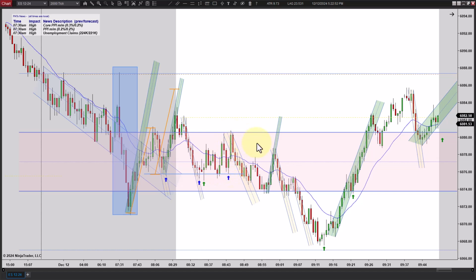Just go long there. We did turn down here on a lower high, but I think by now your highs were kind of more along here, and this looks like a failed breakout. So I'd want a lower high, and it actually goes higher here. So I don't think you want to go short there. I wouldn't take that short.